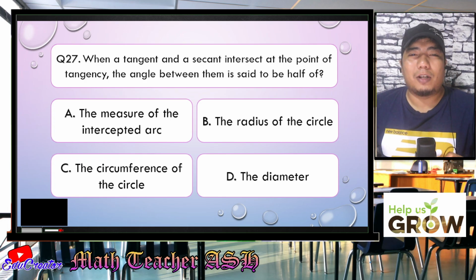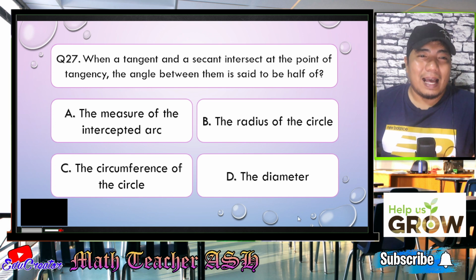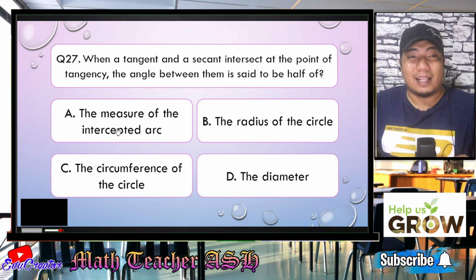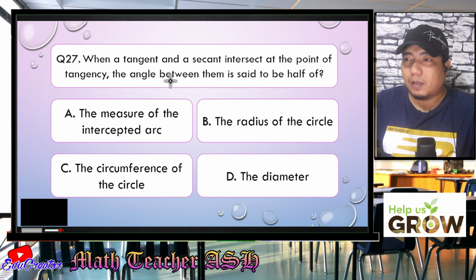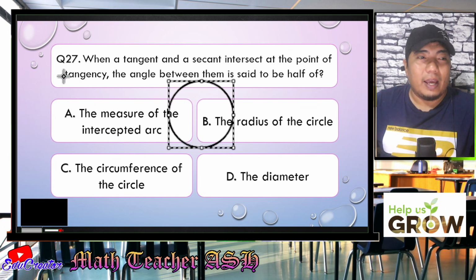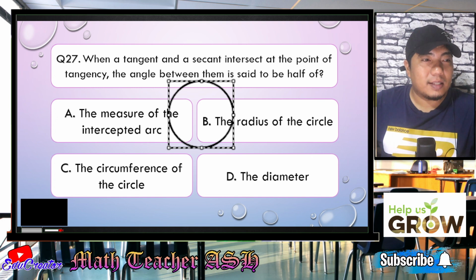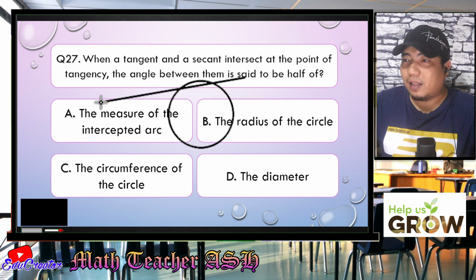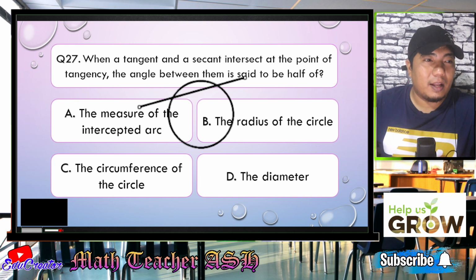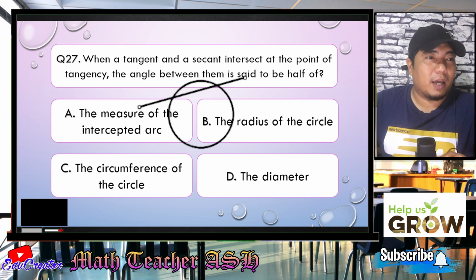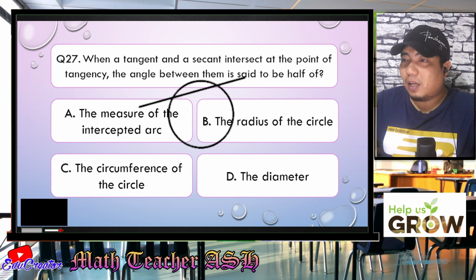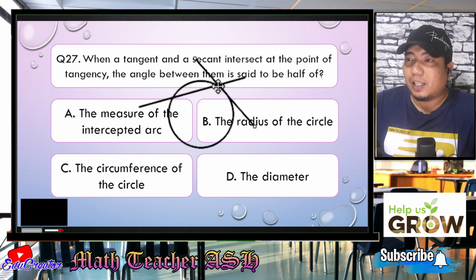All right, my dear math learners. Now, talking about an angle that is formed when a tangent and a secant intersect, let's consider this drawing. That is a circle. Then we make a line, and consider this a secant. Just remember that secants are lines, so there should be an arrow at the end of each figure. And how about a tangent? Let's make another line here, a tangent. This will be the point of tangency, my dear math learners.